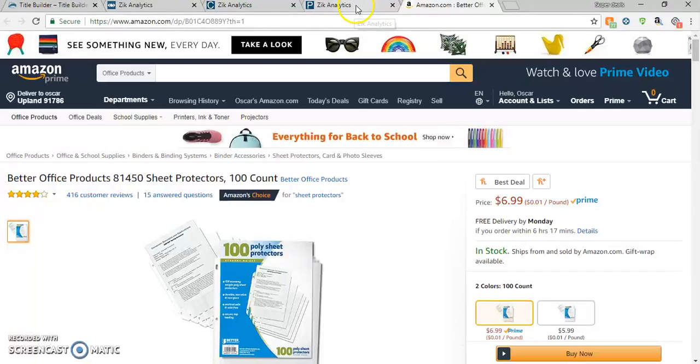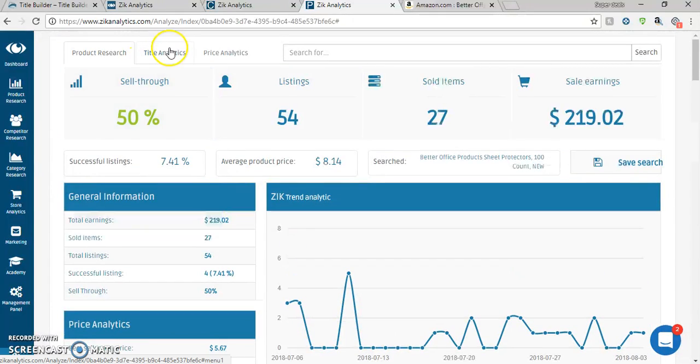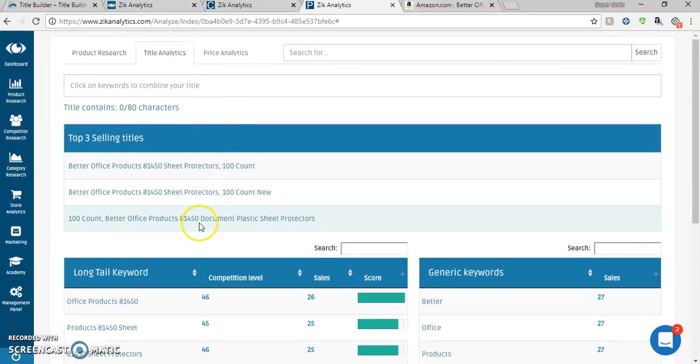So we'll keep this Amazon link open, and then we've already added it to the list. So we'll go to title analytics. It looks like the bottom one here is the longer one. So we'll click on that. We'll get rid of that comma. And it looks like we still have more space. So what we'll do is